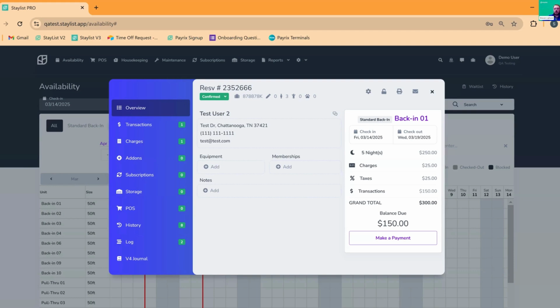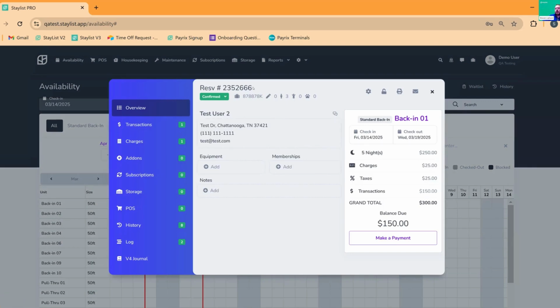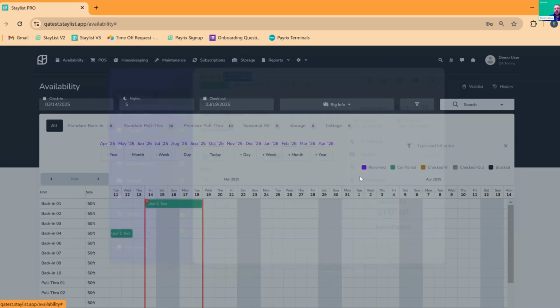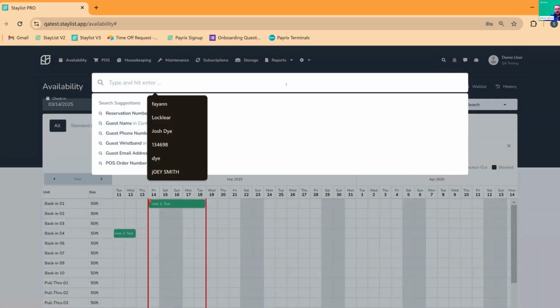All right. So let's go through the next scenario. Guest calls and they want to modify their stay. So they can either provide you with the reservation number right here for a quick lookup, and this is usually attached to the confirmation document, or you can search it on the grid. So you could hit the search feature here and type in,